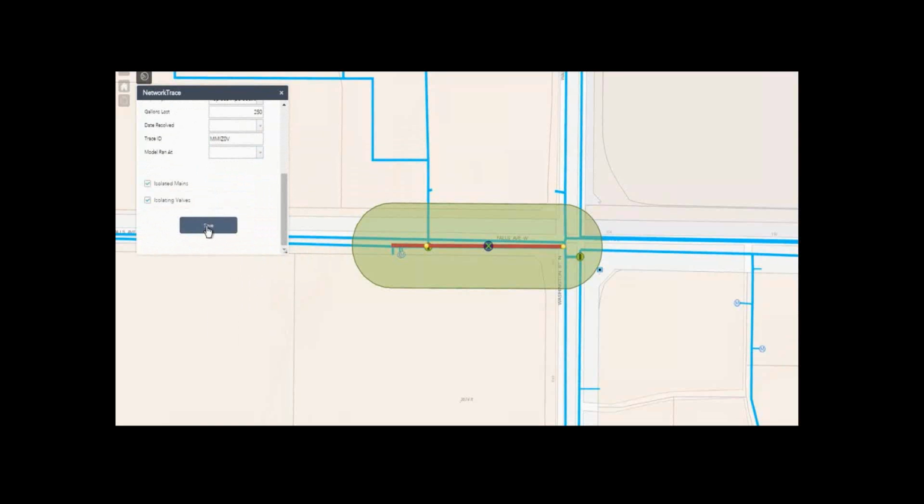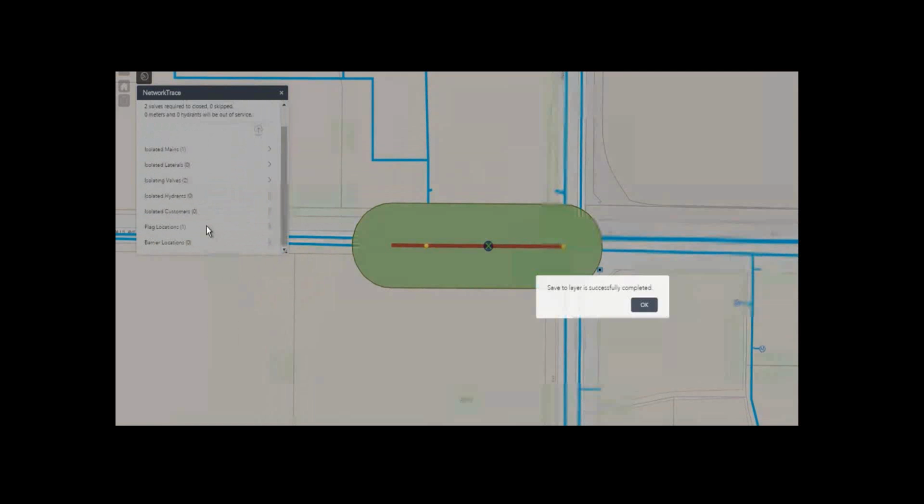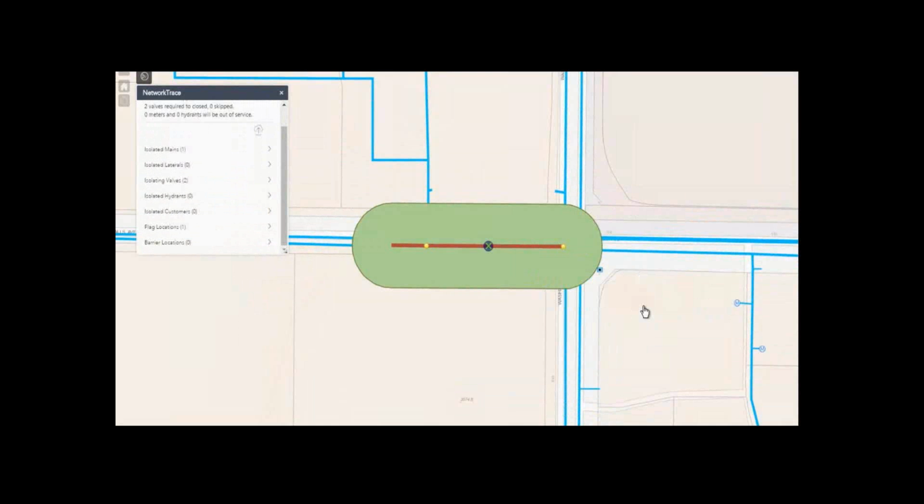So what happens when they click that Save button is it saves those three things to new layers that are hosted in ArcGIS Online. Now you could have those hosted on your server. We have a little bit of a combo going on here. We have a lot of the processes or the services hosted on their server, and then these ones that are created here are just pushed to layers in ArcGIS Online. It was a little bit easier to manage. So it pushes data up there,